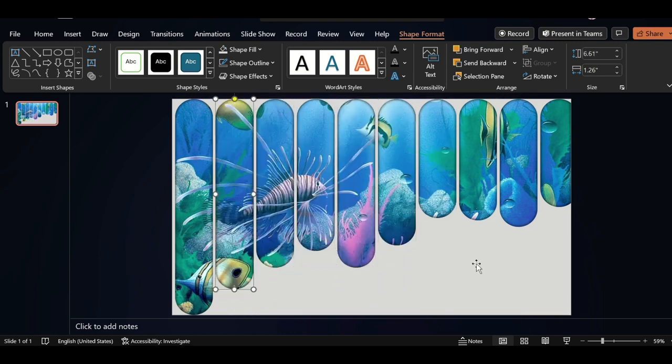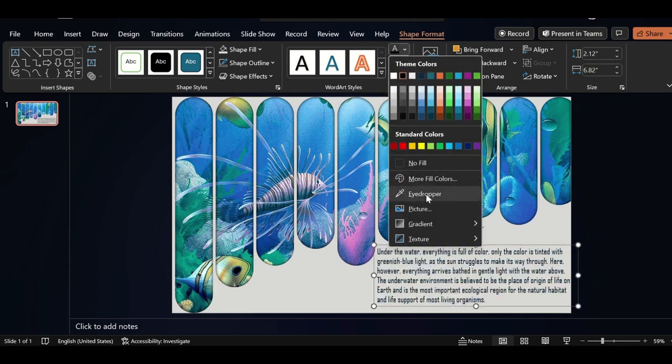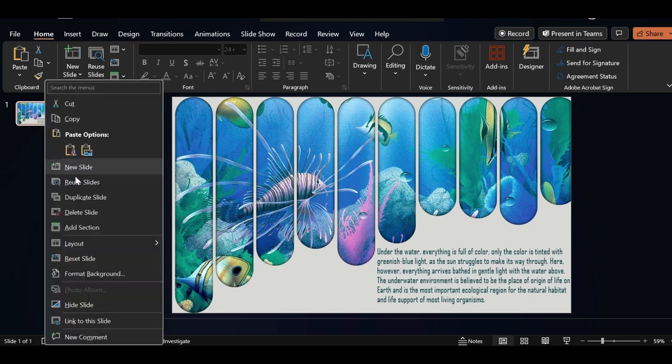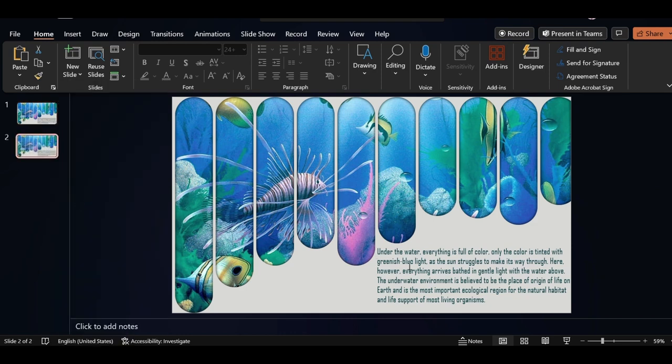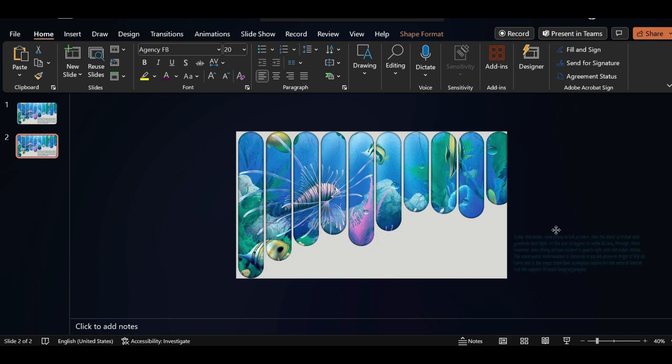Add information about your PPT here. Select color using eyedropper. Again click on right button, duplicate the slide. Move the text box to the right and select the rounded rectangle